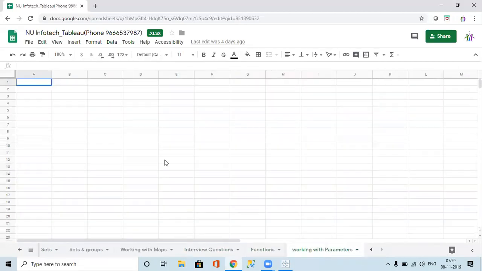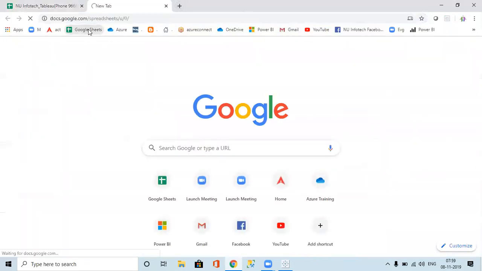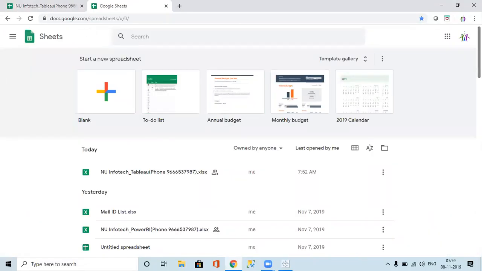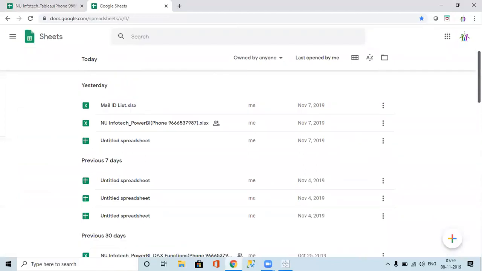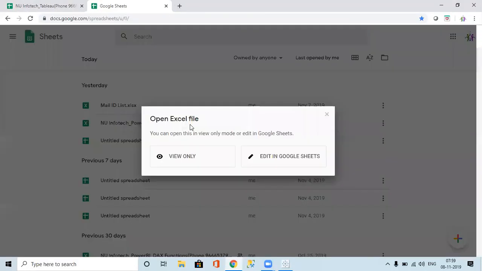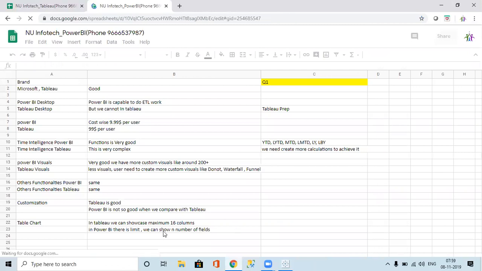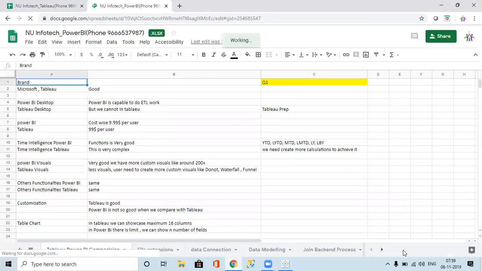Anything else? Working with parameters. Parameter is very, very important in Tableau. Without parameters we cannot do so many things. In Power BI we can work without parameters, like creating a new table. All these things can be the alternative for the parameter.